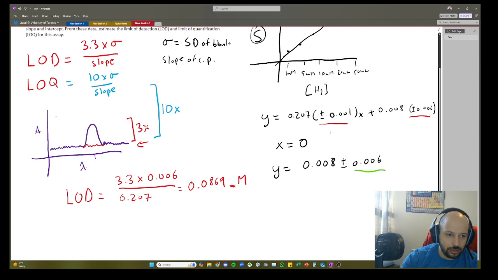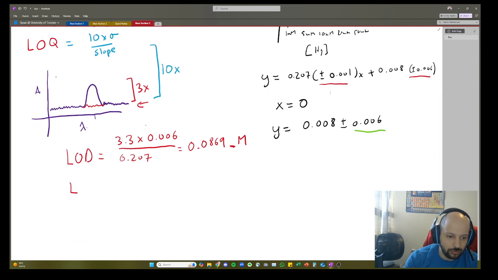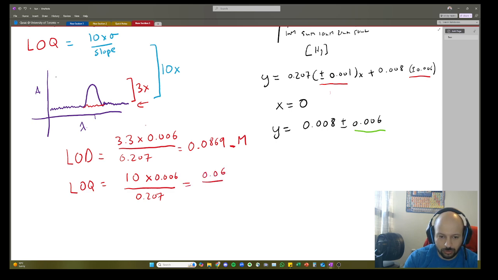Okay, and then the limit of quantification is very similar, right? It's just going to be 10 times 0.006 over 0.207, which is equal to 0.06 over 0.207, and that will be,